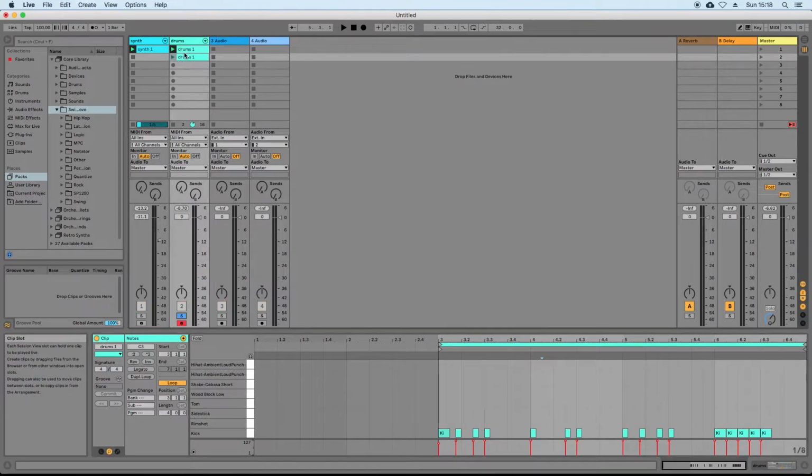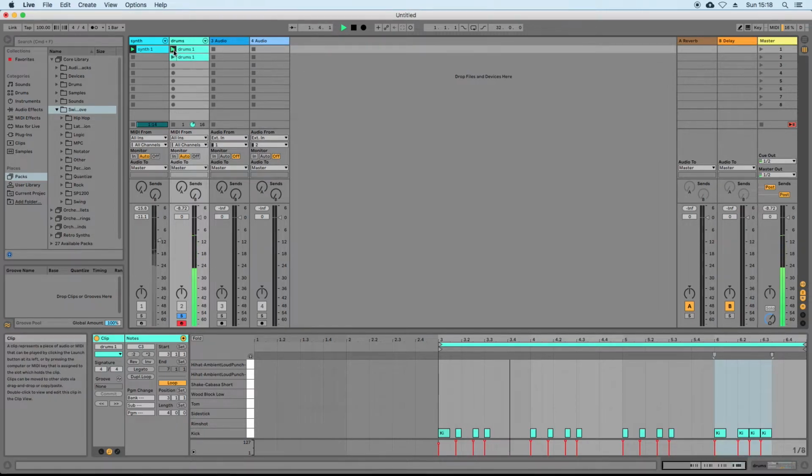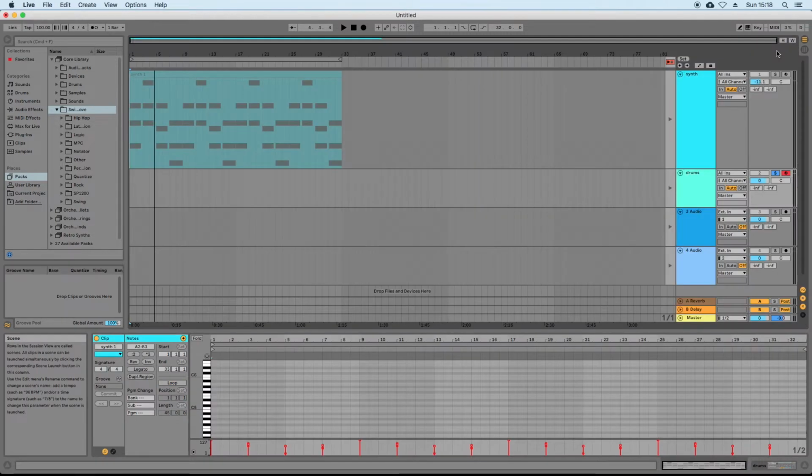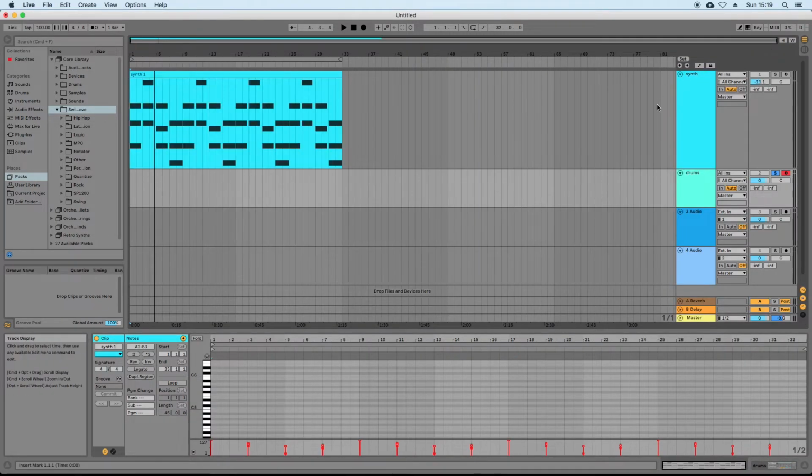So if we just clicked on our drums, we've got the original. Or I could have this one. And then you basically just build up variations of these different MIDI parts, and then you can just create different performances. It's kind of fun. And then when you're ready to actually create your arrangement, you can record this page into the main arrangement page. So if we get rid of this,